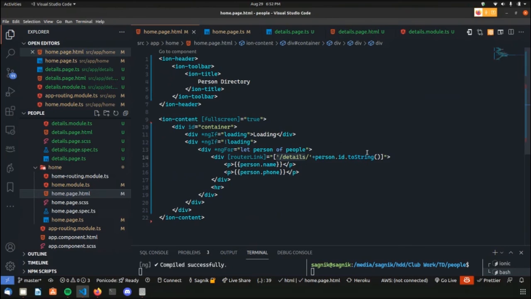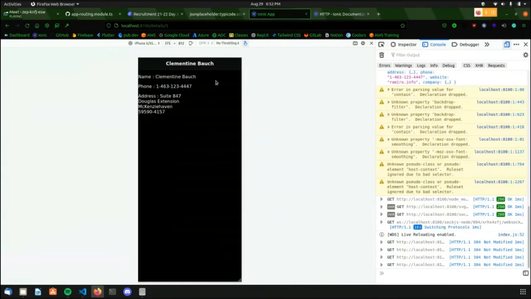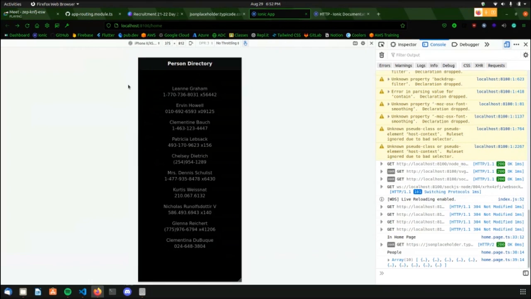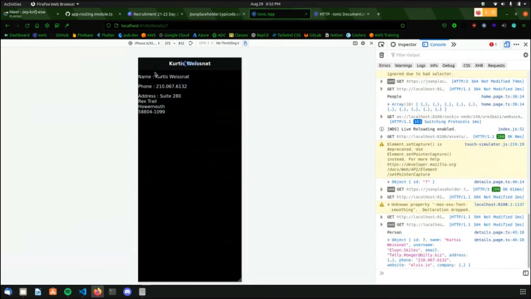But they don't actually go to different pages. They all end up at the same page here. Just that they have different routes, and inside this page we will be accessing that route, getting the param from it, the param ID, and then we can get that particular person's data. Let's see that in action here. So I've got every other person's data here. Let's choose this guy, loading, and then it shows me this. Brilliant.